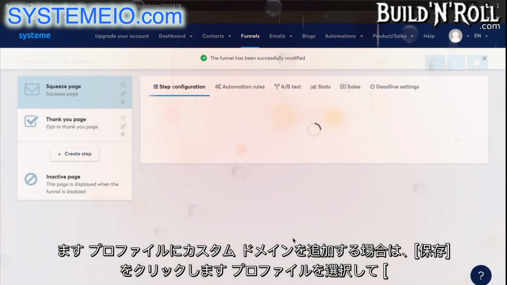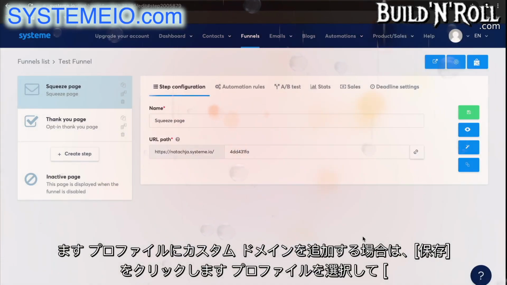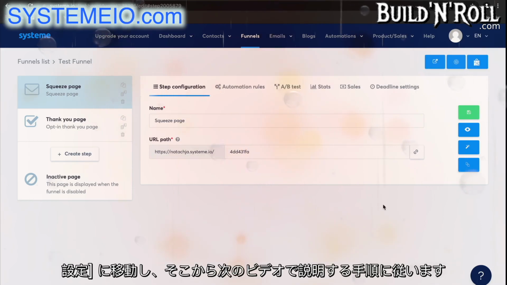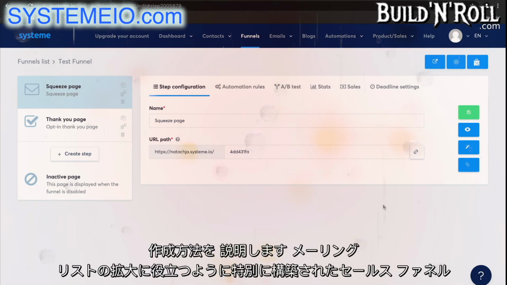Click on Save. If you would like to add a custom domain to your profile, simply select your profile, go to Settings, and follow the instructions from there. In the next video, I'm going to show you how to create a sales funnel specifically built to help you